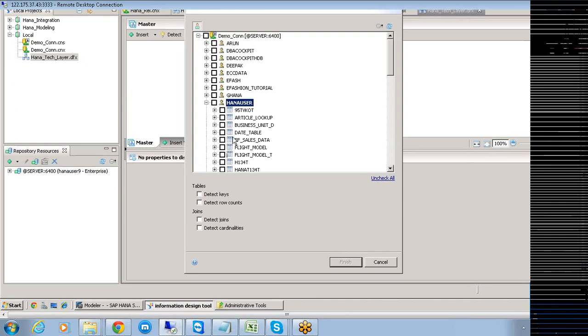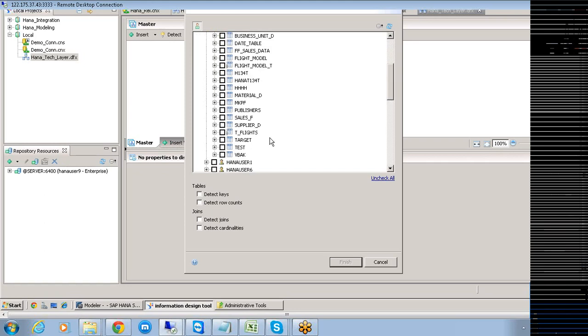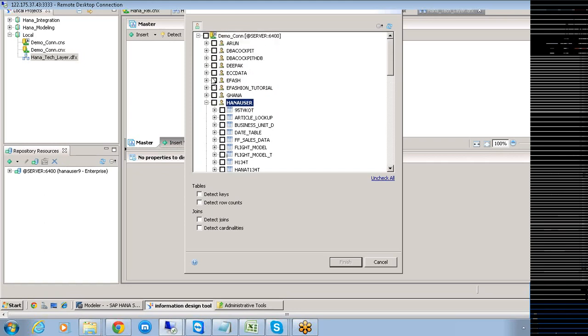Either I can select this one, or I can select this eFashion tutorial and make sure I select shop facts, outlet lookup, article lookup, and calendar lookup. Calendar lookup, along with the article color lookup, you can also take, not a problem. You take these and then click on finish.